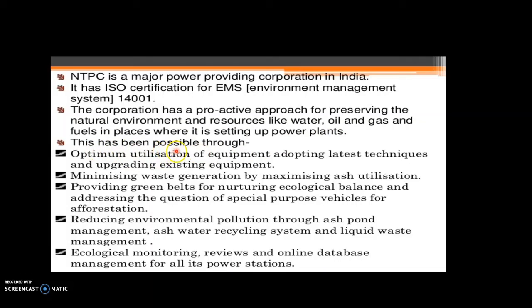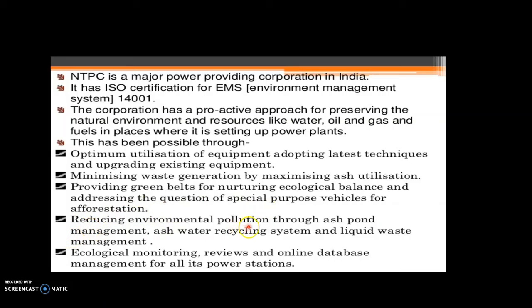This has been possible through different ways. What are the different ways? First one, optimum utilization of equipment, adopting latest techniques and upgrading existing equipment. Then next one, minimizing waste generation by maximizing ash utilization. Providing green belts for nurturing ecological balance and addressing the question of special purpose vehicles for afforestation,